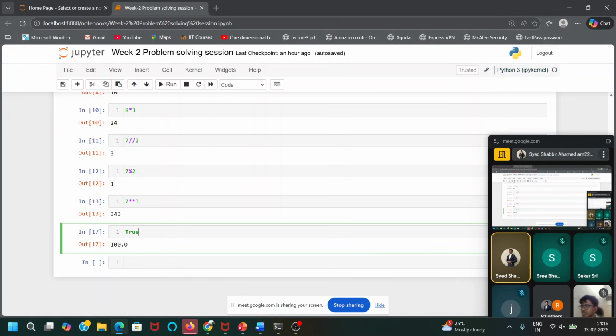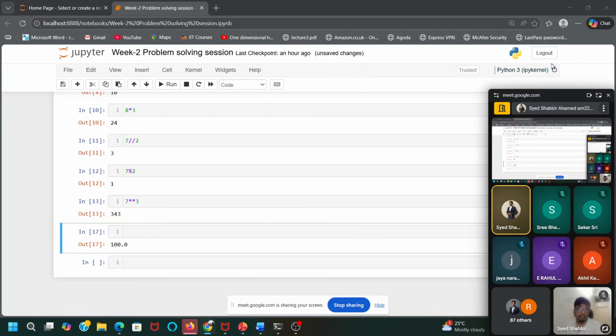Okay. So there are also Boolean types, which are true and false. These can also come as output sometimes, like if you are evaluating some conditionals. Let's say I am defining